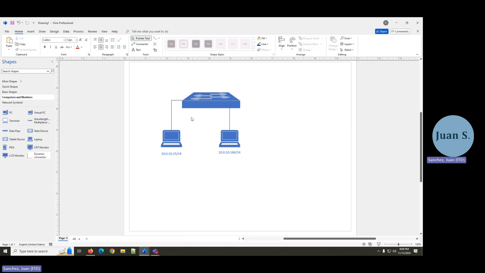So these computers will be able to talk to each other as long as they match the same three octets, 10.0.10, because it's /24, they'll be able to see each other. I can even bring another computer into the picture. I'm also going to assign a static IP address, and you can go all the way to 254, I'm going to pick 210. And then, of course, I need to get my connector and connect this computer